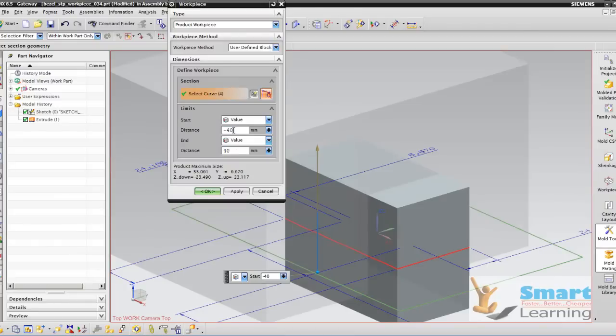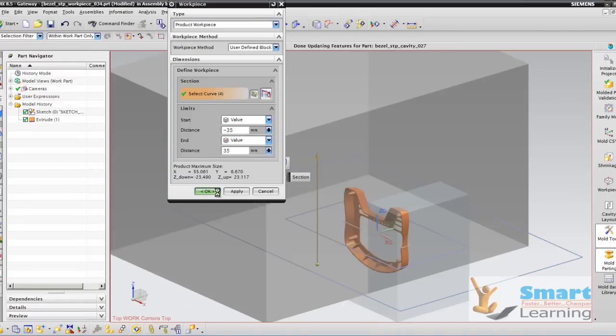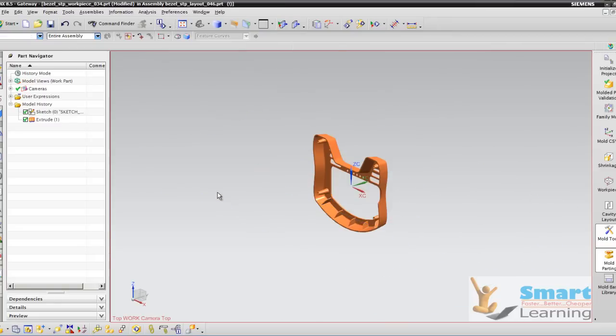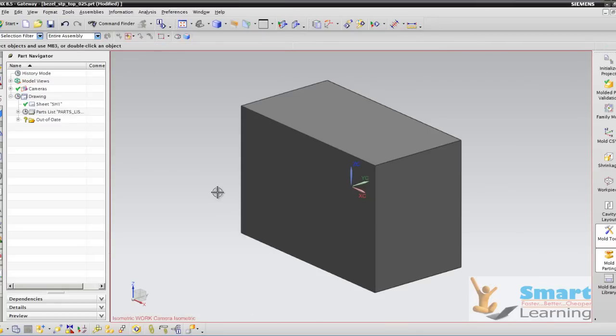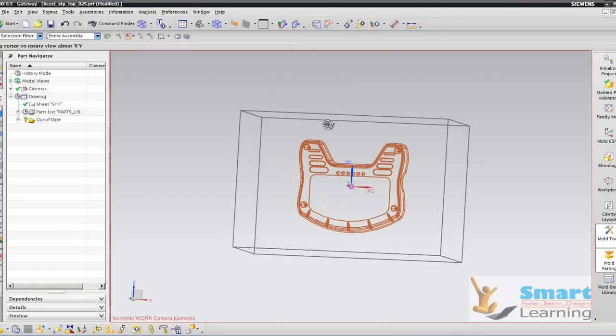This minus 40 will update to minus 35 and 40 to 35, let us say, and go for OK. So I am OK with my workpiece size, which you can directly see here, the static wireframe, right?